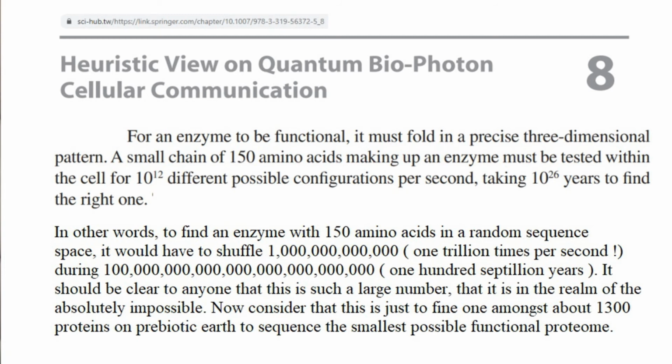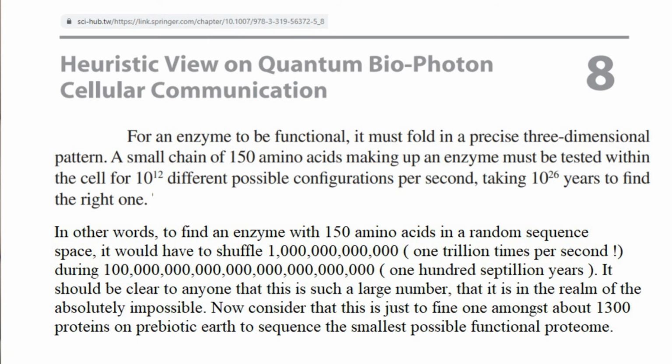In other words, to find an enzyme with 150 amino acids in a random sequence space, it would have to shuffle 1 trillion times per second during 100 septillion years. It should be clear to anyone that this is such a large number that it is in the realm of